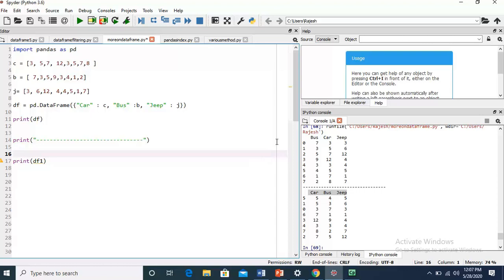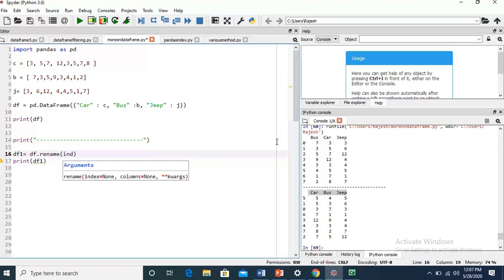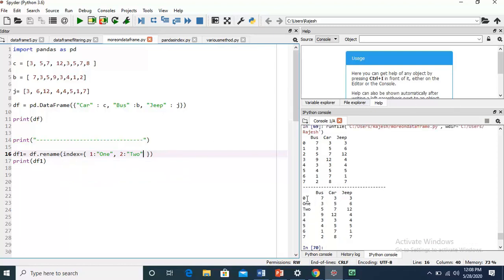You just see df1 is equal to df.rename, then index is equal to, then this bracket we have used as a dictionary, then 1 will be replaced as 1 and 2 is replaced as 2 and so on, and then you just see 0, then 1, then 2.